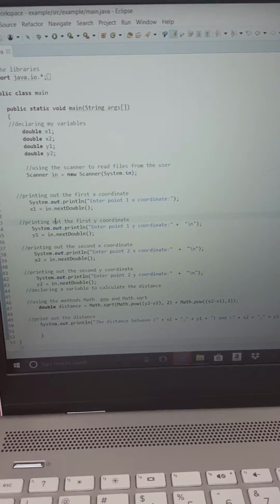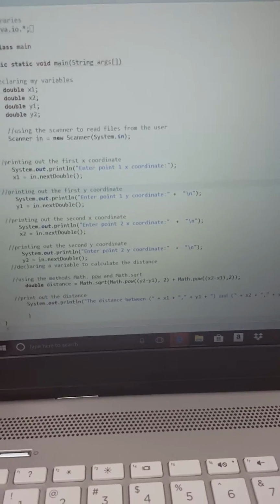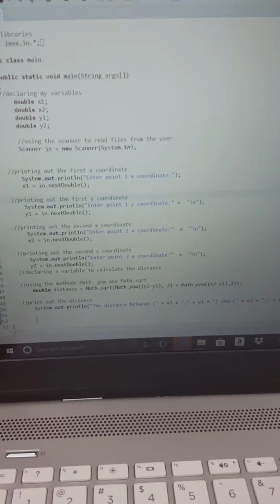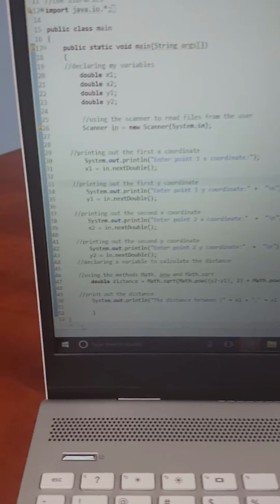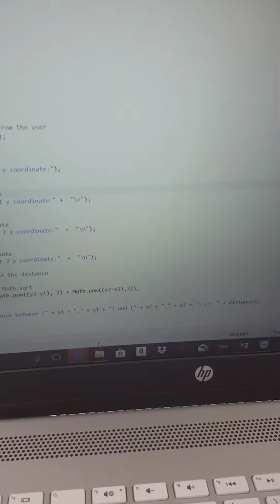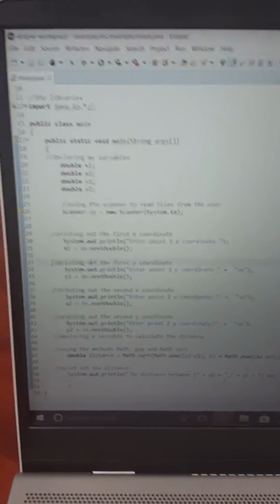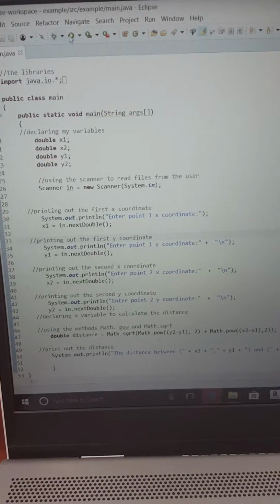And then I used System.out. I told my PC, on my IDE, to print the distance between this equal to this. I had to do this so it looks exactly like how it is wanted by the professor. And if we click run right now,